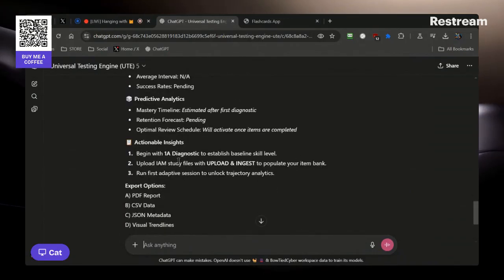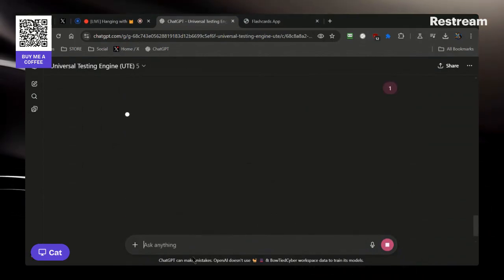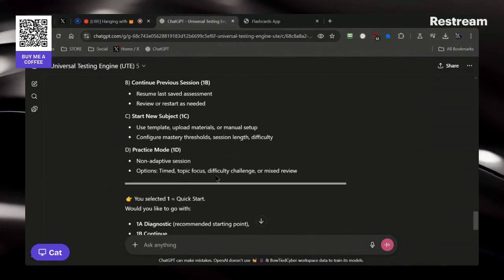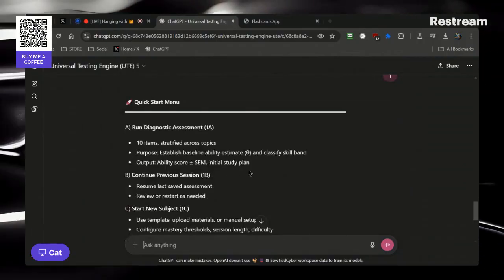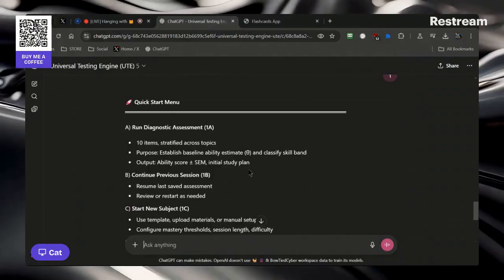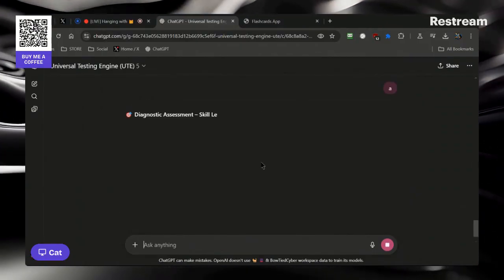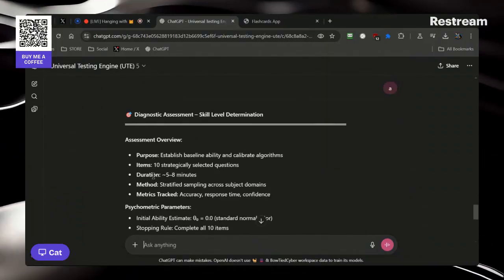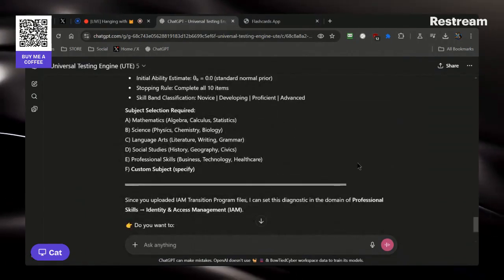So, if we wanted to go back to give you guys an idea, we'll run a baseline, and it's going to ask me 10 questions. How I want to run this. Since I built this for two of my mentees, I'll run it through. We'll just go A. I should know some of this. It's telling me that they're going to be 10 items. It's going to be about 5 to 8 minutes. Just so you know,